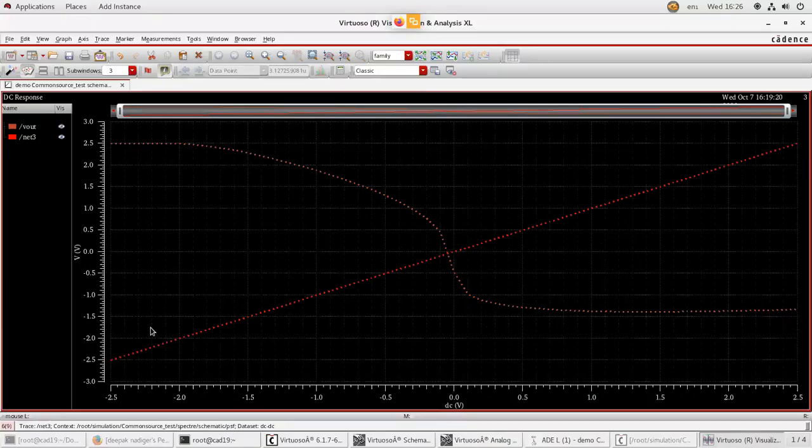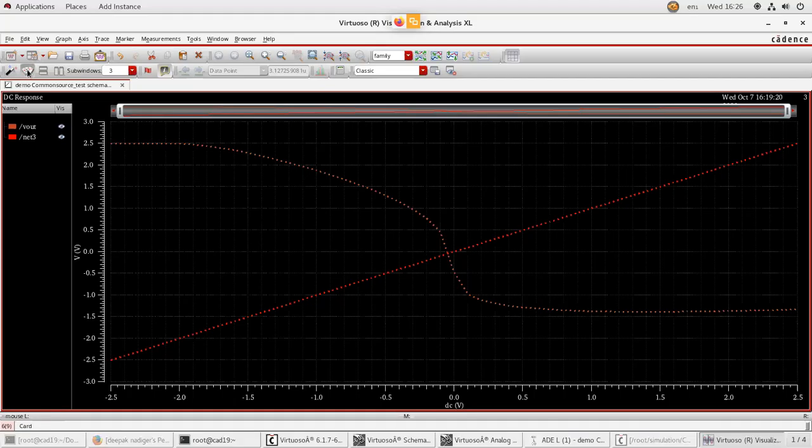This is the output curve, and this is the input curve, when you sweep from minus 2.5 to plus 2.5 DC voltage. So this is about your DC response.